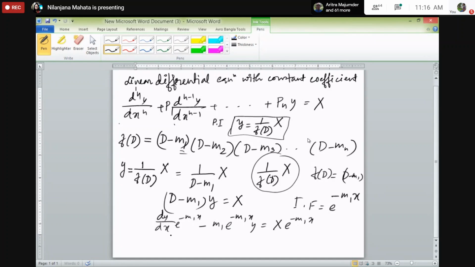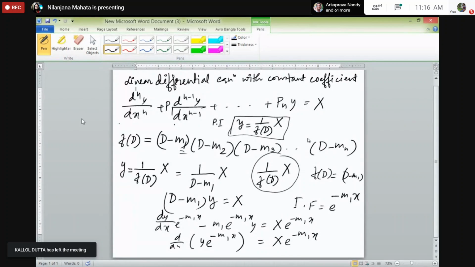So if I multiply both sides by this integrating factor, now we know I can write d/dx of y e to the power minus m1x as x e to the power minus m1x. So if we integrate both sides,